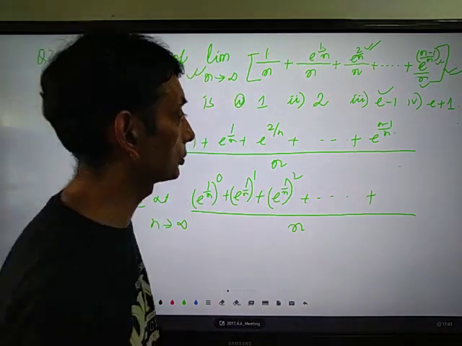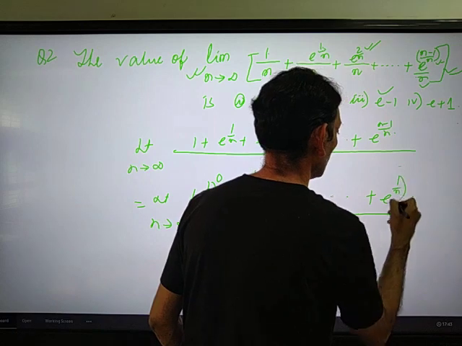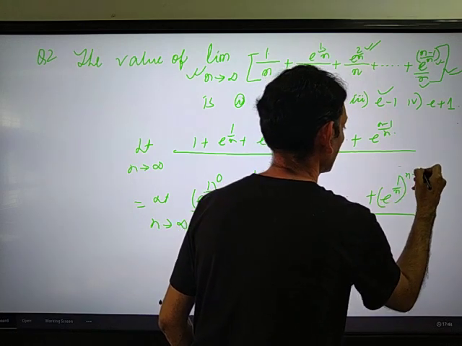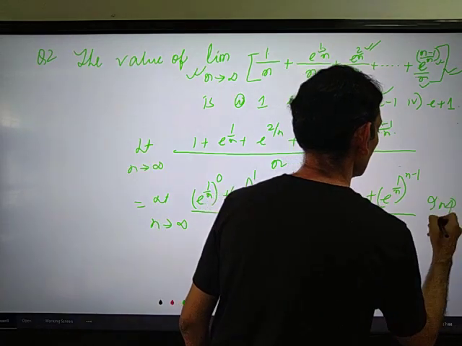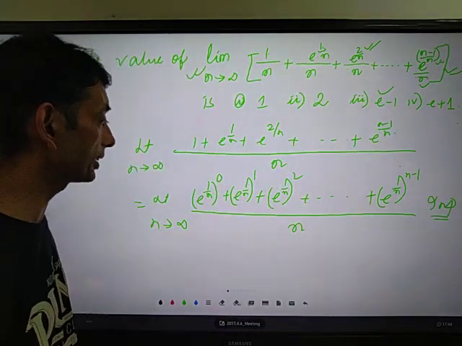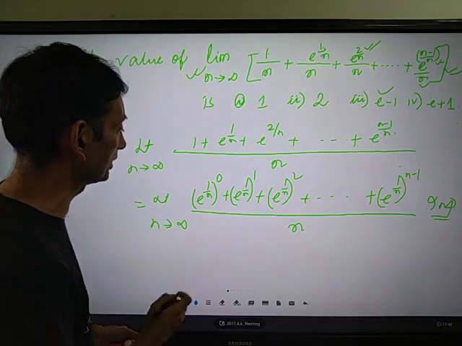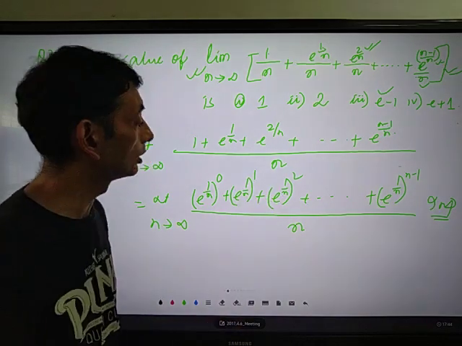How to write the last term? The last term we are going to write as (e to the power 1/n) whole to the power n minus 1. This is a very important step; it will help you make these questions quite easier. If you observe this expression, e to the power 1/n to the power 0 plus e to the power 1/n to the power 1,